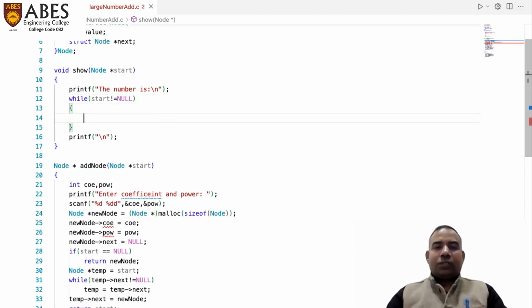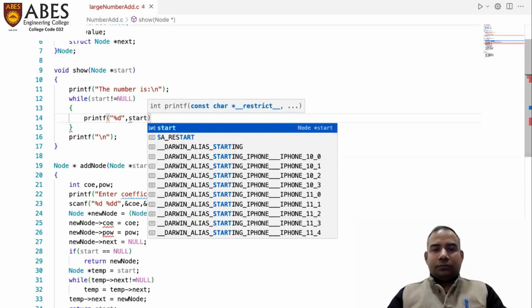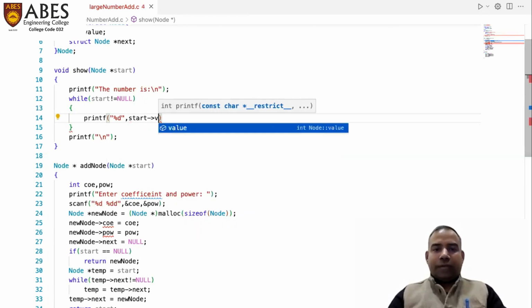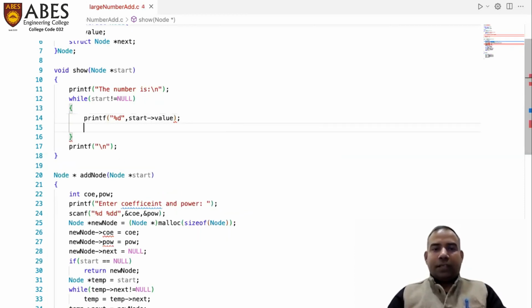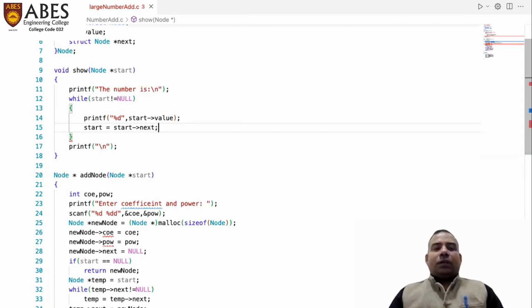This one is used just to show all the digits of the number. I'm just going to print %d, comma, start of value, and then start equals start of next. So this will print the complete list,